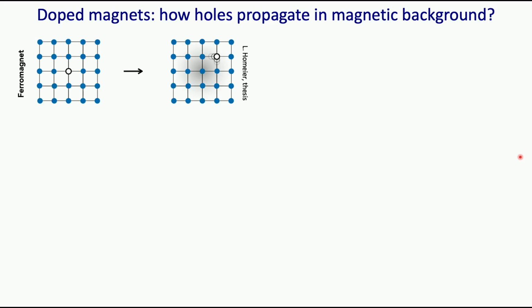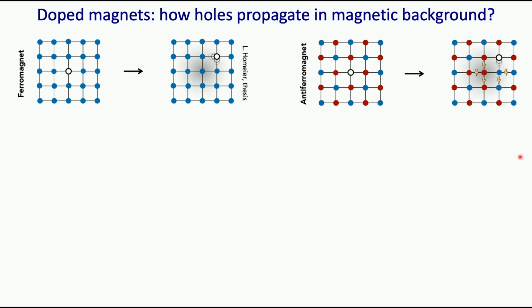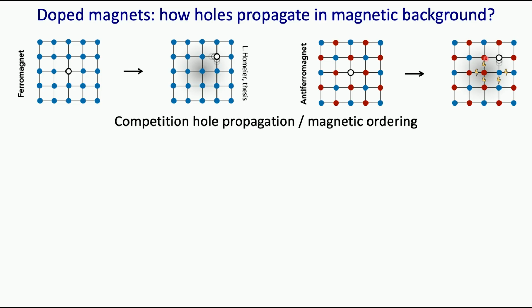Okay, so here the question we're going to ask is one that people ask a lot in the context of quantum magnetism: what happens if you have a given magnetic background and you place a hole? A hole means you just remove one atom, for example, and you look at how it propagates. If you are in a ferromagnetic environment, nothing really special occurs. But if you are in an anti-ferromagnetic environment, the motion of the hole from this position to another one destabilizes the background, which can no longer sustain an antiferromagnetic order. So you have a competition between the propagation of the hole and the magnetic ordering in the system.